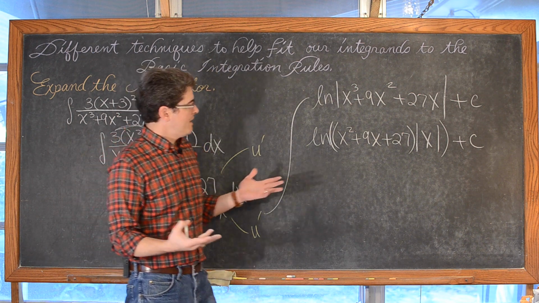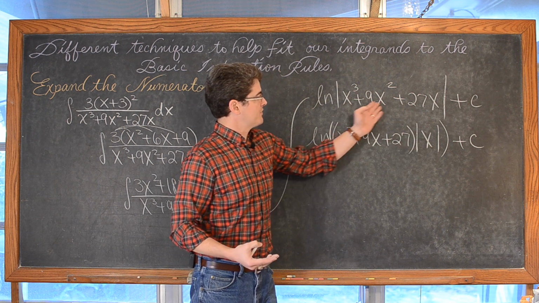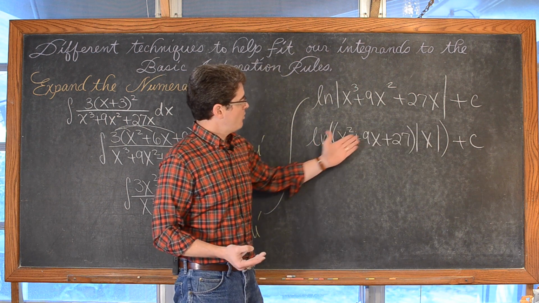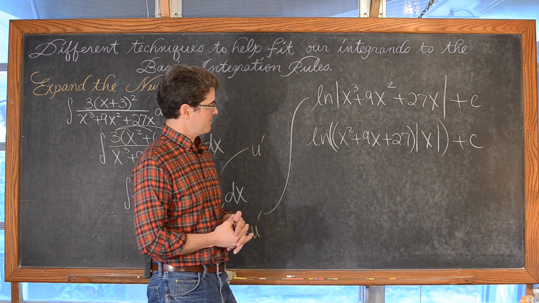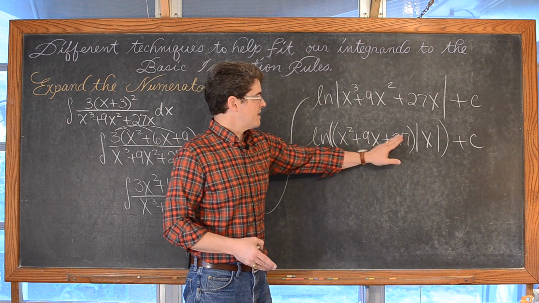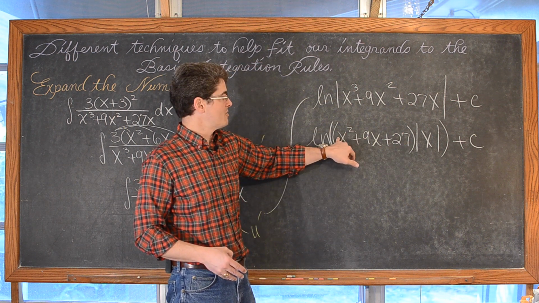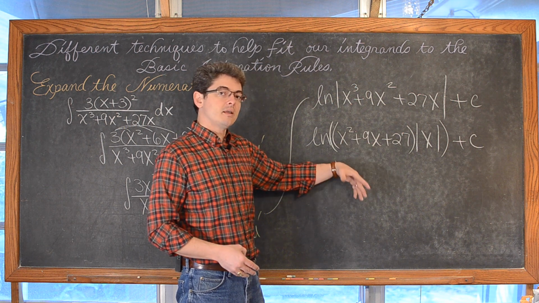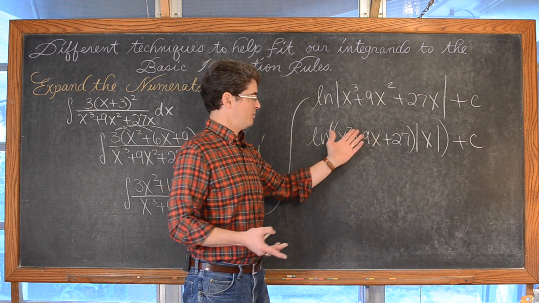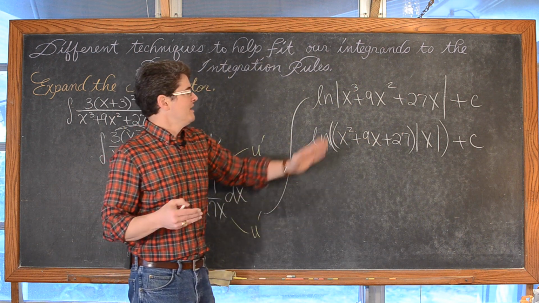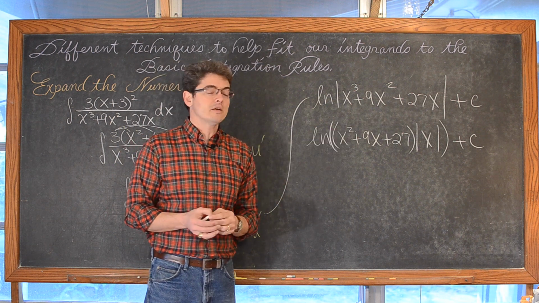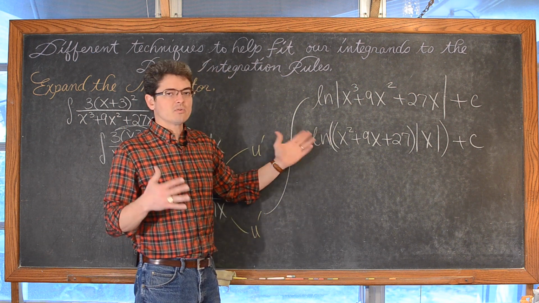Why? Well, I can see why the x came out. All three of these terms have an x, and of course x can be negative, so you need a set of absolute value symbols around it. Why is there none around x squared plus 9x plus 27? Because certainly, if x is negative, this term will be negative. But this entire expression is a parabola with the squared term opening up. If you graph it with your calculator, or do negative b over 2a to find the x of the vertex and then find the y, or complete the square to put this in standard form, whatever, this parabola is opening up and it is always above the x-axis, thus this expression can never be negative.